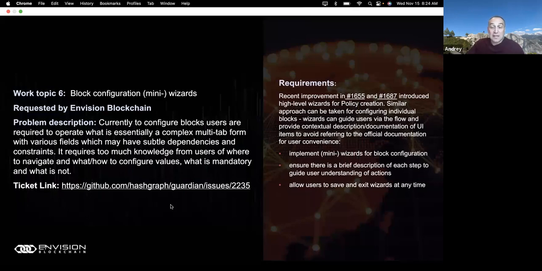This is a slightly different approach. This introduces wizards, rather than how currently you basically navigate a form. So when this ticket is implemented, you can have this guidance, and the wizard would, depending on your answers, cut out certain workflows, how you might have configured the block, and of course you'd be able to navigate back and forth or switch between wizard and the form view. It's a user experience and ease of creation of policy ticket.